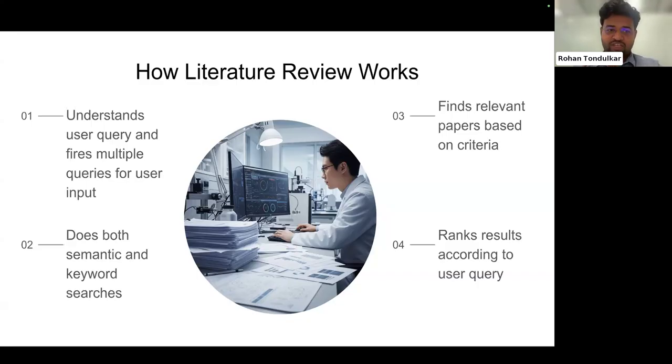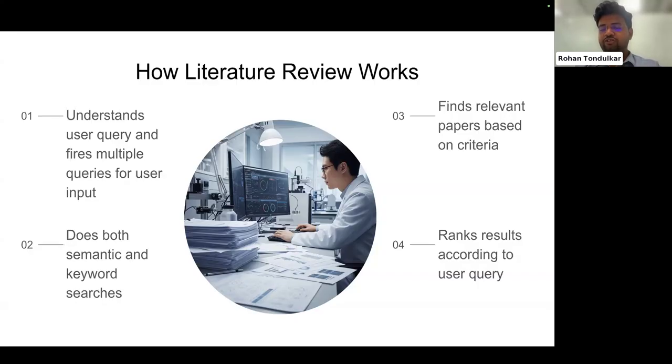Secondly, based on all those queries, we try to do a semantic search. So let's understand. First we do a keyword search, which is very easy to understand, what works on Google Scholar. That's entirely keyword search. So we do something similar on the SciSpace side. Secondly, we do something called semantic search, where AI tries to understand the meaning of your query and then gives results accordingly, right? Semantic is a word very common in the AI world, but in simple terms it is understanding the semantic meaning of the query rather than the keywords only. So we use both because the combination always gives the best possible results.